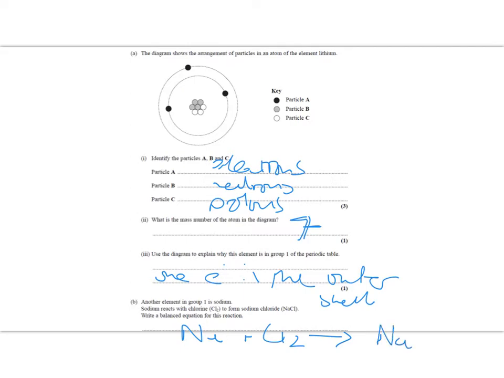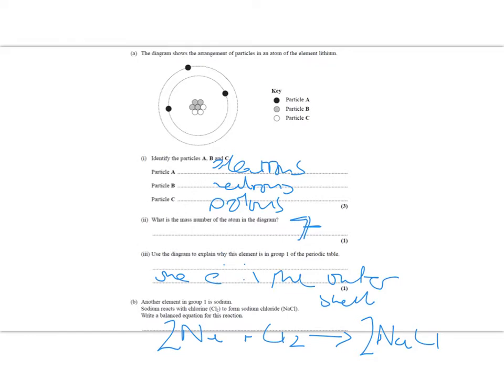Sodium is in group 1, chlorine is in group 7, so they both have a valency of 1, so that's NaCl. We'll see here that we've got 2 chlorines on one side and only 1 on the other, so let's balance that by putting a 2 here, and that means we've got 2 sodiums on the right hand side now, so I'm going to put a 2 here. That would have been worth probably 2 marks in the exam, maybe 3,